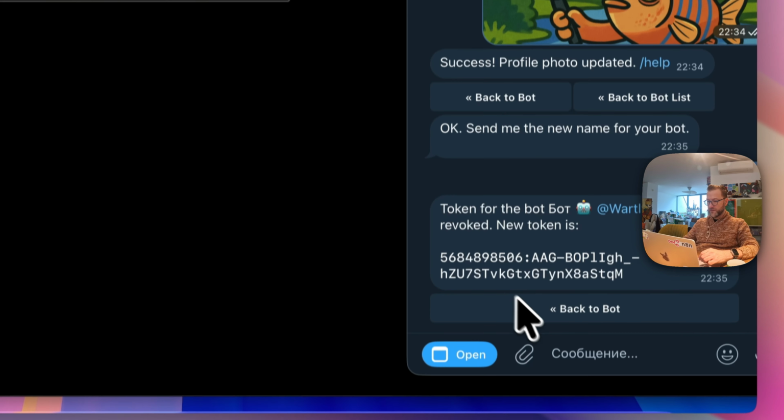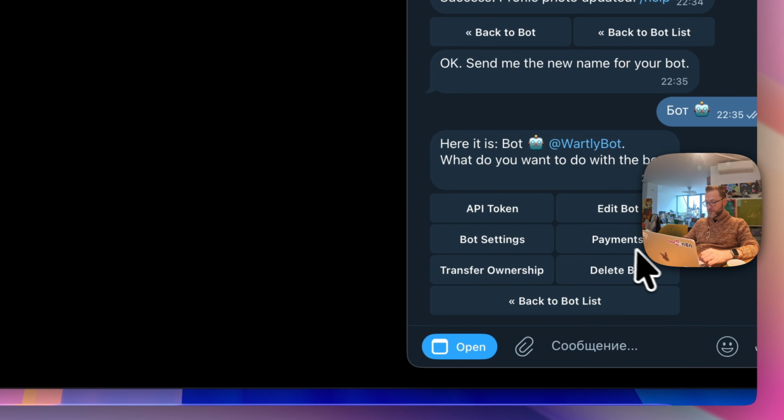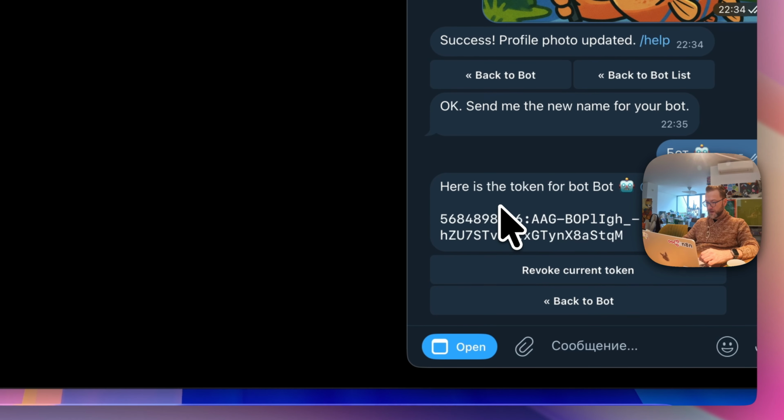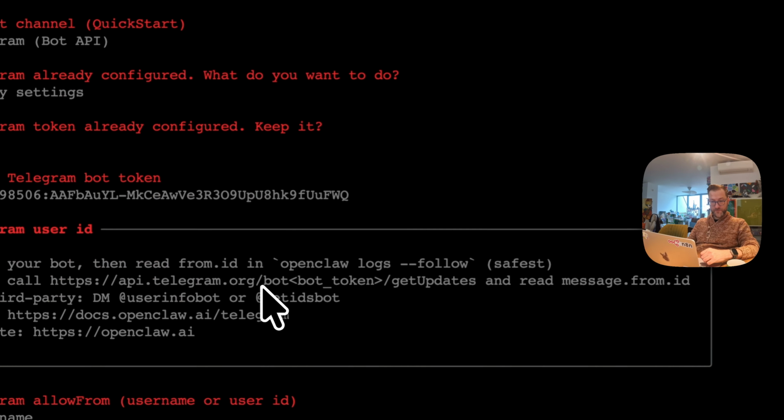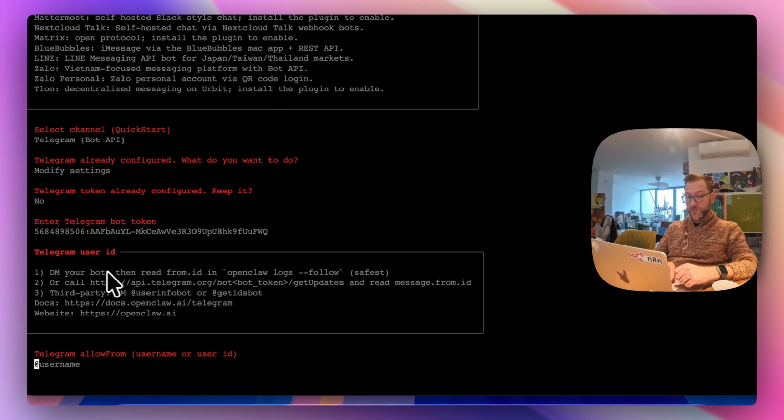open it, and then revoke the API token, and then paste it here. So this bot is gonna send you messages or even call, and the Telegram allow-from field should be a username. So that should be my username, because that means if you add your bot to some other chats, only you would control it. So you have to type your name, and this is the